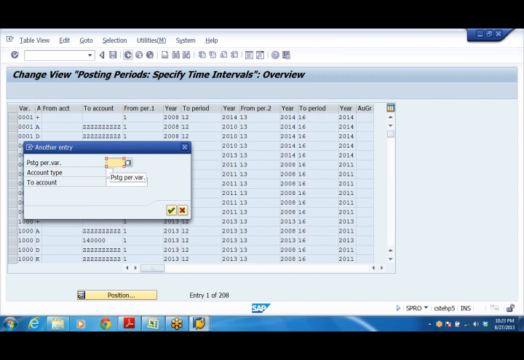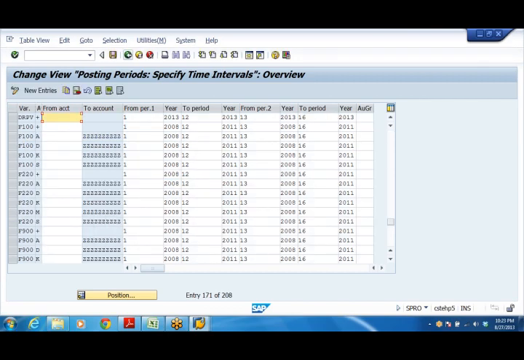Posting period variant, DR Reddy Labs, PV. We have created one posting period variant, Dr. Reddy Labs posting period variant in step number 13. And here first period to 13 period, all periods are open.